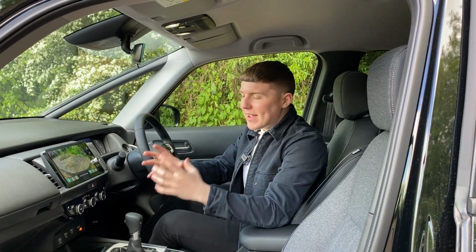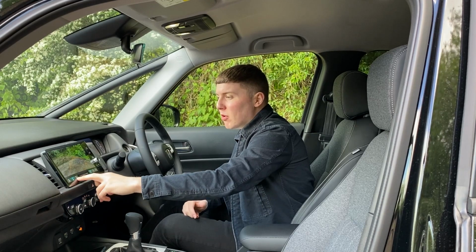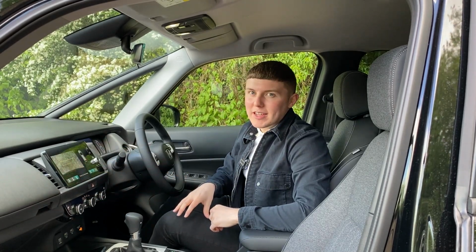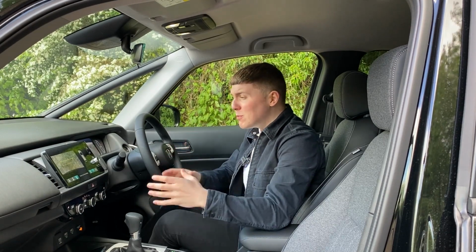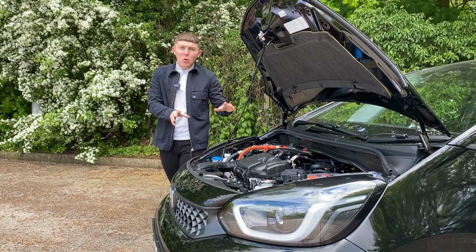The third thing I really like is the reversing camera. The fact that the infotainment screen is interchangeable for what angle you want, and you can also add the bit showing where your sensors are, which bit you're closer to, which makes it a really practical system. But before we take this car out on the road, just want to talk about what is under